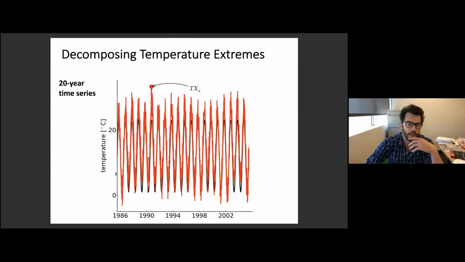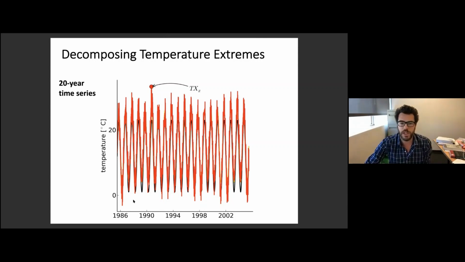This is a time series of daily maximum temperature. In fact, it's a synthetic time series. It's not simulated, or, well, it's simulated by a very simple algorithm. What we have is temperature as a function of time, and we have 20 years of daily data. And of course, in those 20 years of daily data, you can identify at some point a maximum temperature over the whole period. Of course, there is a minimum temperature too.